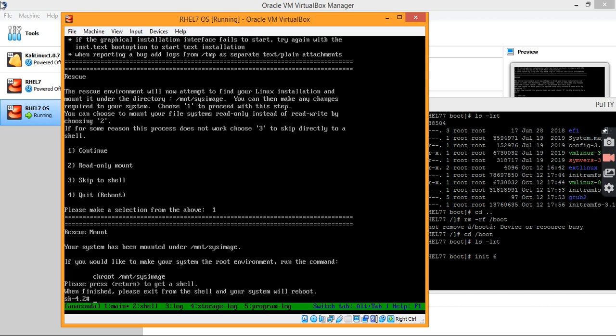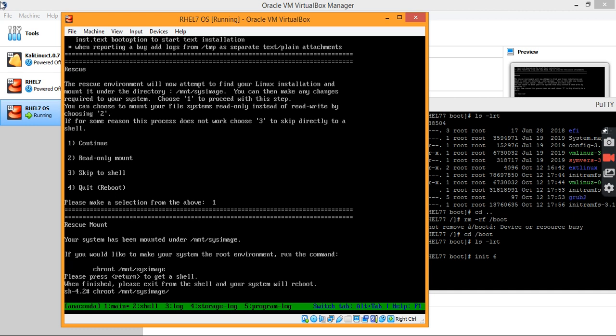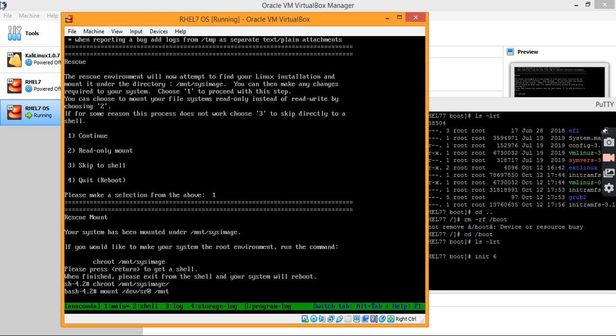Press enter, run chroot /mnt/sysimage to mount the root file system into the rescue mode. So now we need to mount the ISO image into the /mnt.